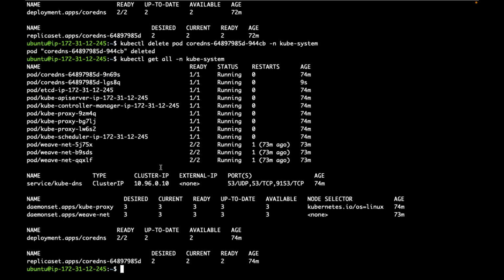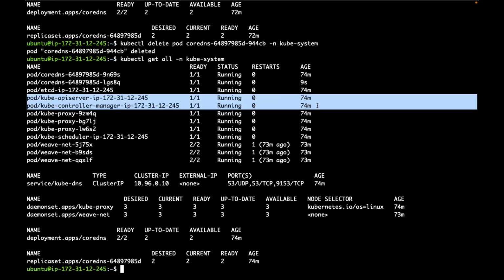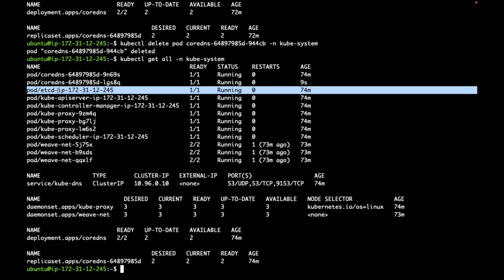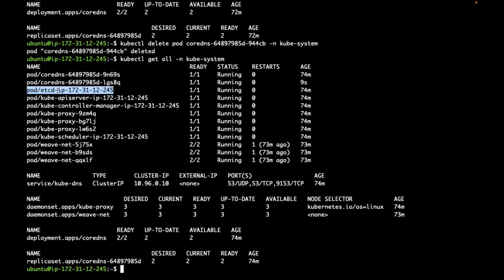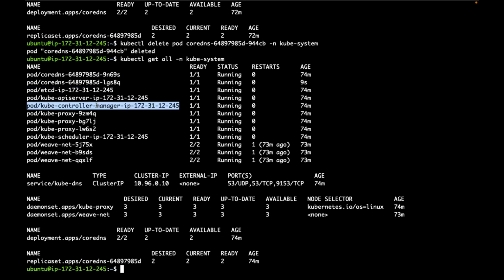Yes. Now, if you observe, your Kubernetes control plane is also running as a pod. Your API server, your controller manager, your scheduler, your etcd are also running as pods. But do you observe any controllers for these pods? Do you see any controller for etcd, API server, controller manager here? Do you have any controllers like daemon sets, deployments, replica sets? No. But who will look after these pods?